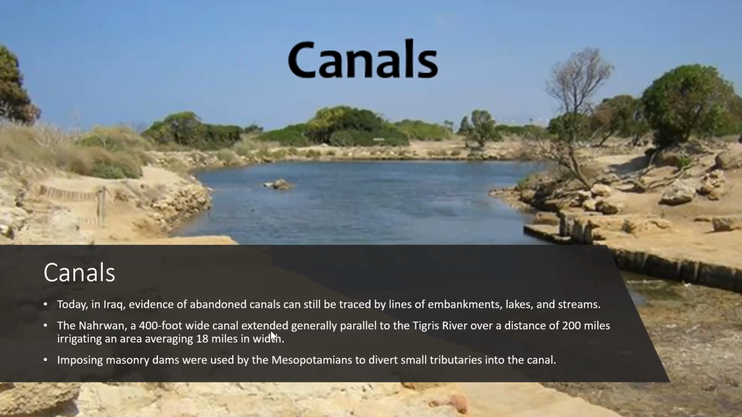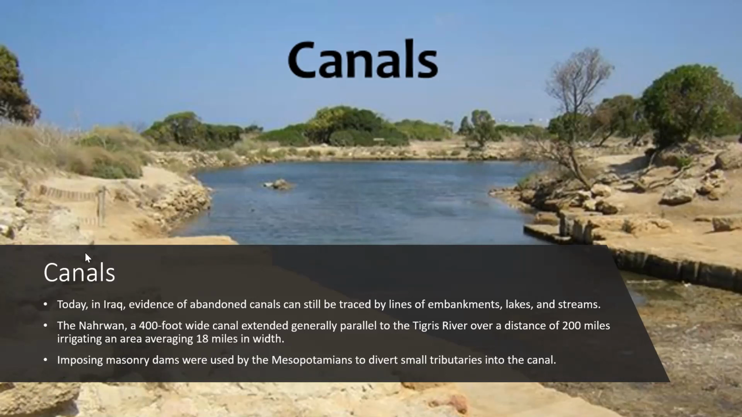And then what was the place? The place is on the Tigris River. And then the size also over a distance of 200 miles. What was the function of the Nahrwan? The function was for irrigating an area of about 18 miles in width. The next one,